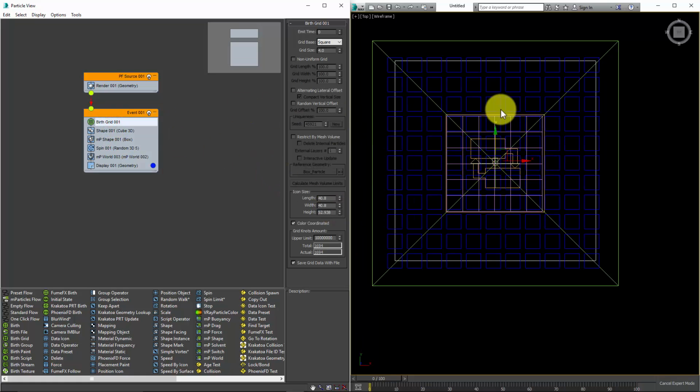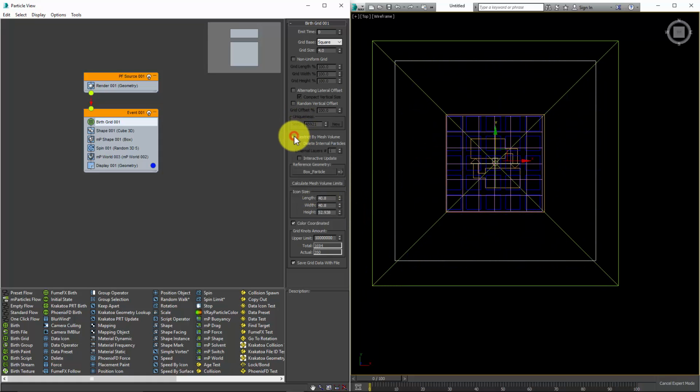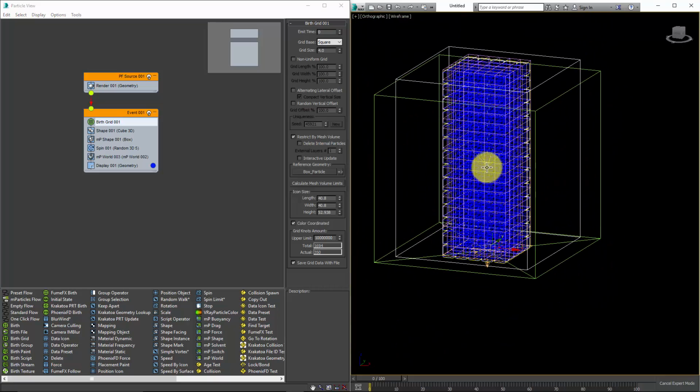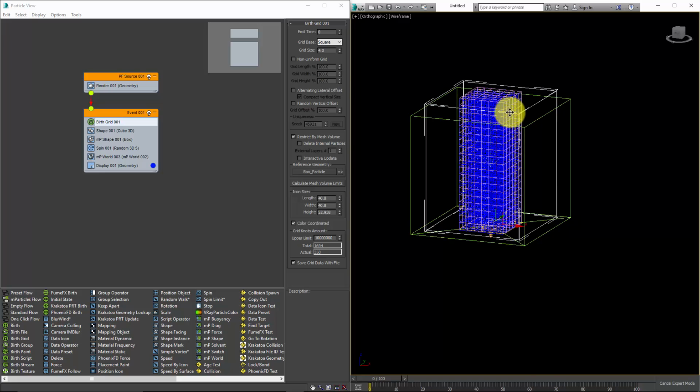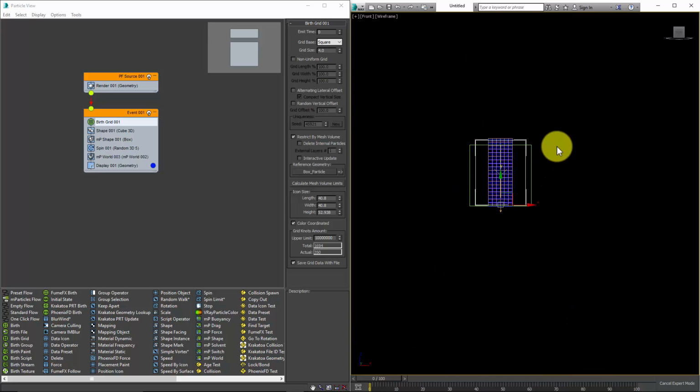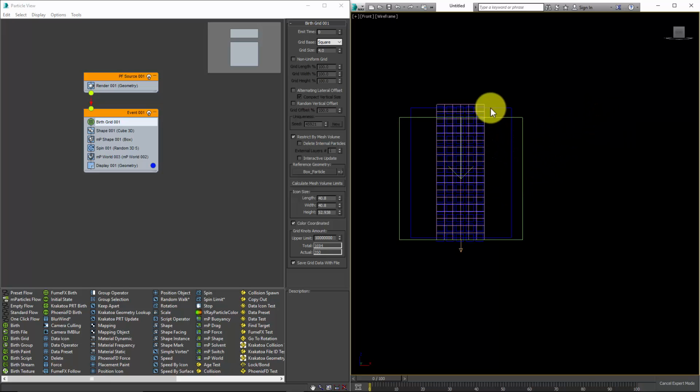Birth grid. Then the goal is to try to make as many cubes inside of our cube here. I'm gonna click restrict by mesh volume. As you can see, now we have all our cubes inside our geometry. Okay, I'm gonna unhide everything now. Unhide all. I'm gonna select them all right here,